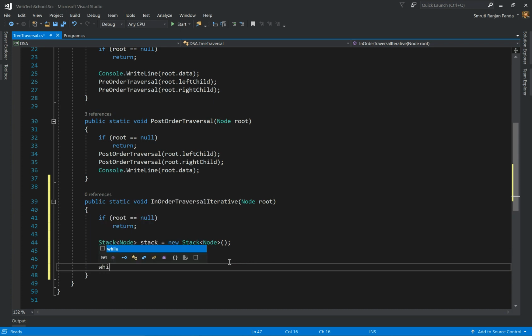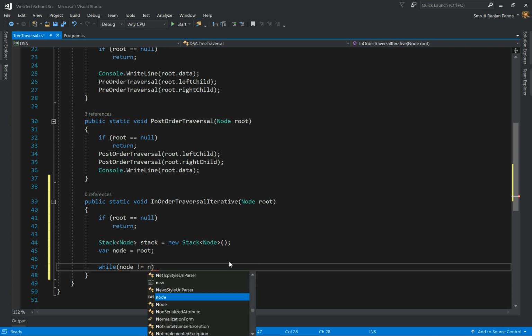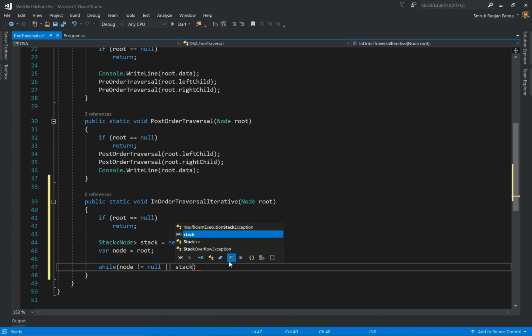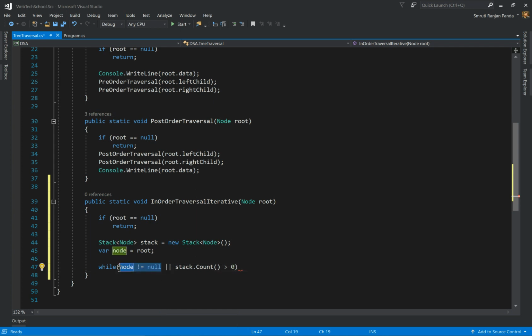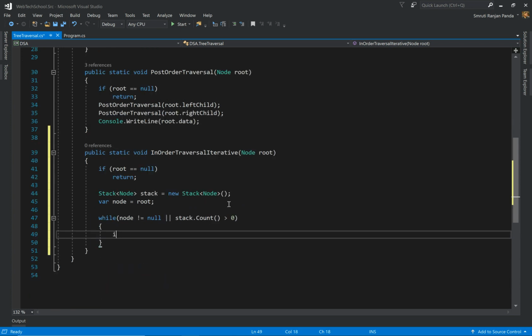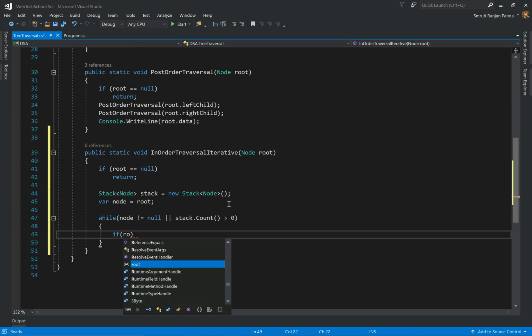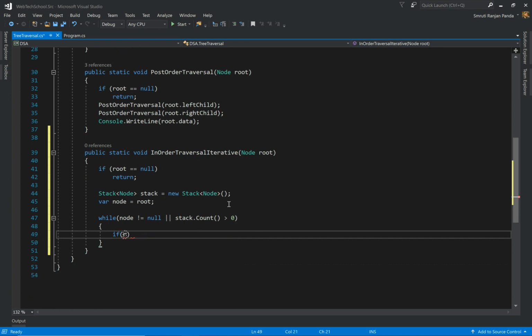Right, so what we can do is while node is not equal to null or stack count is greater than 0. We are writing this condition because for the first time we want to go inside the loop. So as long as node is not equal to null,